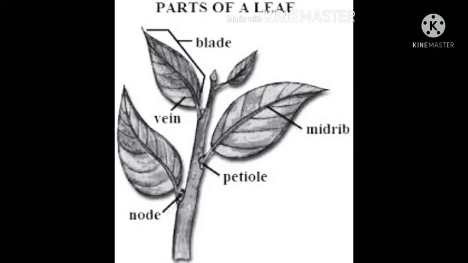The flat, wide, green portion of the leaf is called the lamina. And as you can see in the picture, the line which goes through the center of the leaf is called the midrib, and the part which is attached to the stem is called the petiole. And we have also shown veins, the parallel lines and the network lines shown in the diagrams. They are the veins.